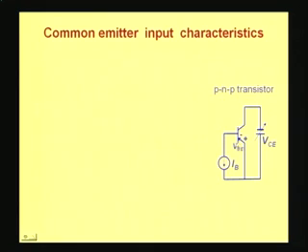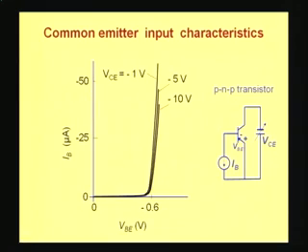So the variation of VBE with IB for a given collector to emitter voltage is the so called input characteristics. They look something like this. These are diode like characteristics. The reason is very simple. Since this is a diode, the current flowing through this diode is the emitter current. The current through this lead will always be exponentially related to the voltage across the diode.